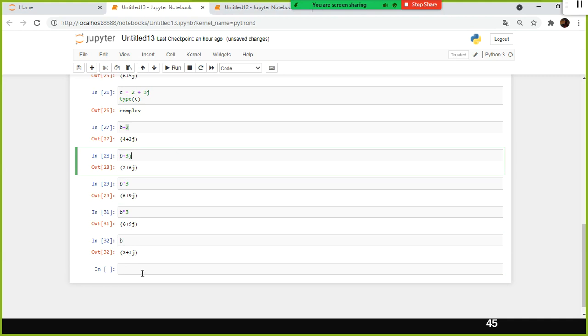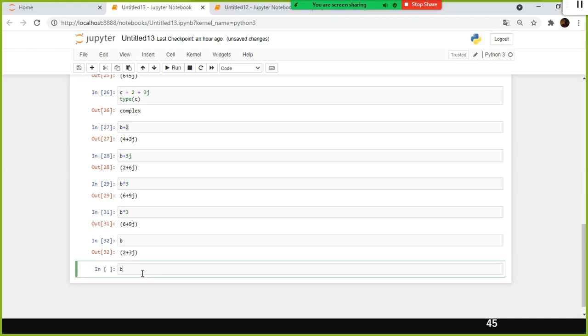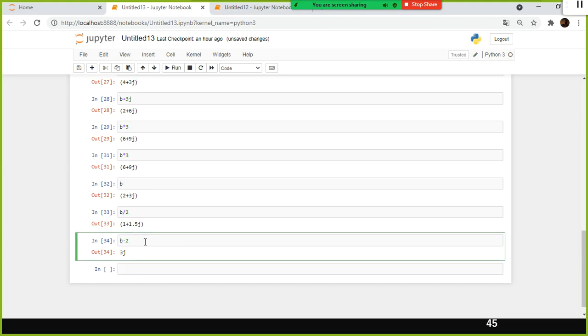This is what you need to remember when it comes to b divided by 2. See, anything other than multiplication, or addition, or let us say subtraction, b minus 2, 3j. When it comes to addition and subtraction, it is happening only with the real number.